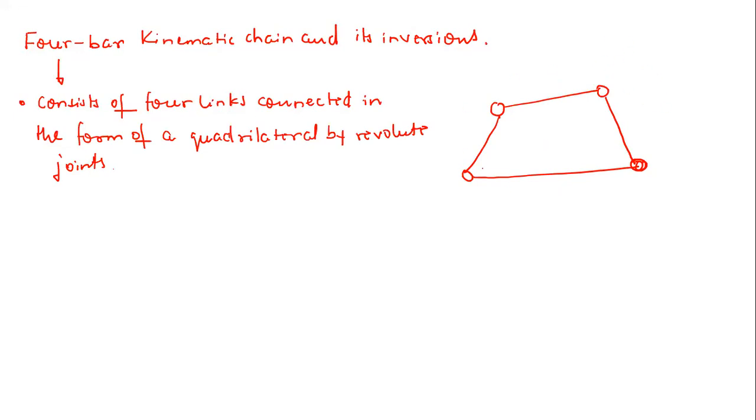So why right now am I calling it a kinematic chain? Because none of the links is fixed, right? So this is a closed kinematic chain. You can name the links as, let's say, 1, 2, 3, 4. So let's finally move ahead and discuss kinematic inversion. What is this, right? Okay, so just tell me, how many mechanisms can I construct from this 4-bar kinematic chain?